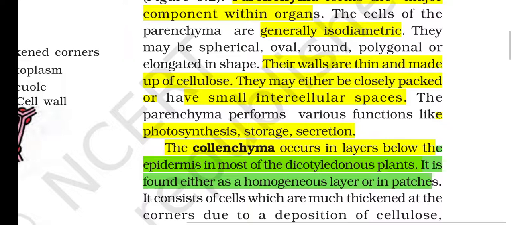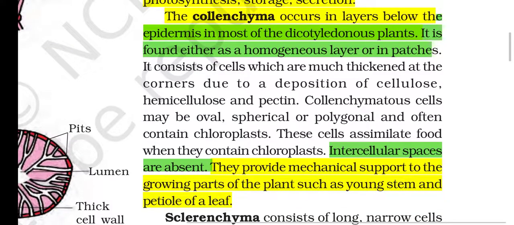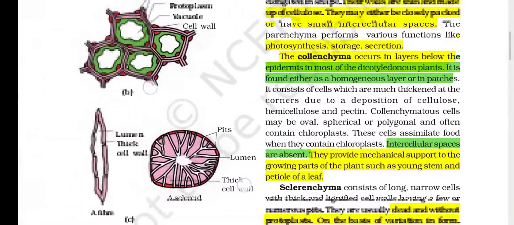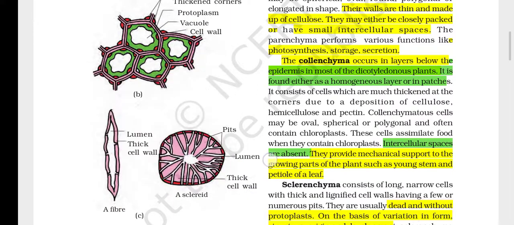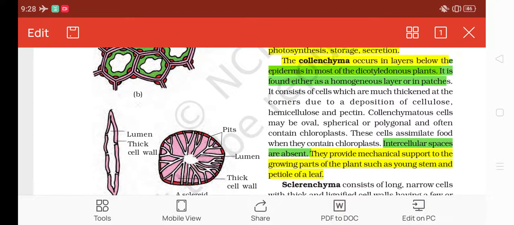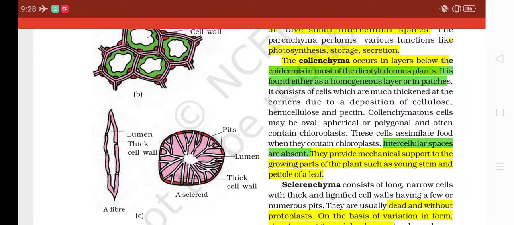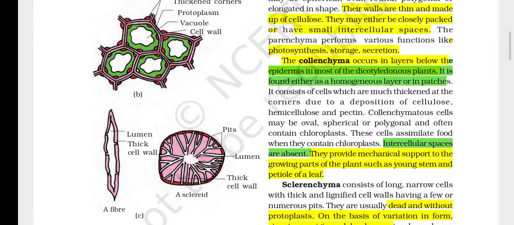The collenchyma occurs in layers below the epidermis in most of the dicotyledonous plants. It is found either as a homogeneous layer or in patches. It consists of cells which are much thickened at the corners due to a deposition of cellulose, hemicellulose, and pectin. Collenchymatous cells may be oval, spherical, or polygonal and often contain chloroplasts. These cells assimilate food when they contain chloroplast. Intercellular spaces are absent. They provide mechanical support to the growing parts of the plant such as young stem and